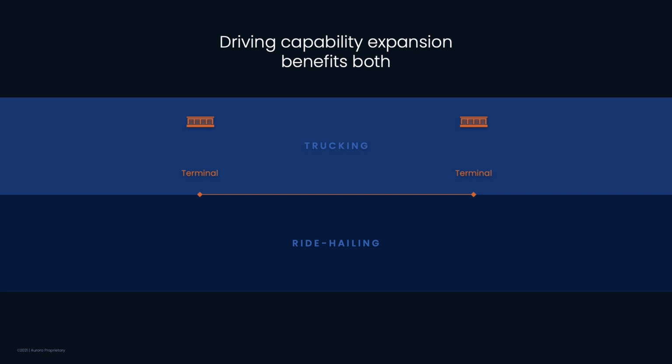Aurora Horizon's first launch will happen once we've refined and validated the safety of the Aurora Driver on highways. Now, these same highways and this validation then serve as the backbone of off-highway expansion that ride-hailing pushes forward. And the nature of that expansion is that of moving from highways into airports and into large centers of pickup, drop-off demand. For instance, hotel parks, business districts, convention centers, other things that allow for a significant degree of consolidation around similar locations. As the Aurora Driver benefits from this expansion, our trucking product naturally inherits those capabilities and can begin to operate in warehouse to warehouse, or what's commonly known as dock to dock type settings, which further increases the capillarity and expanse of the road network that we can serve